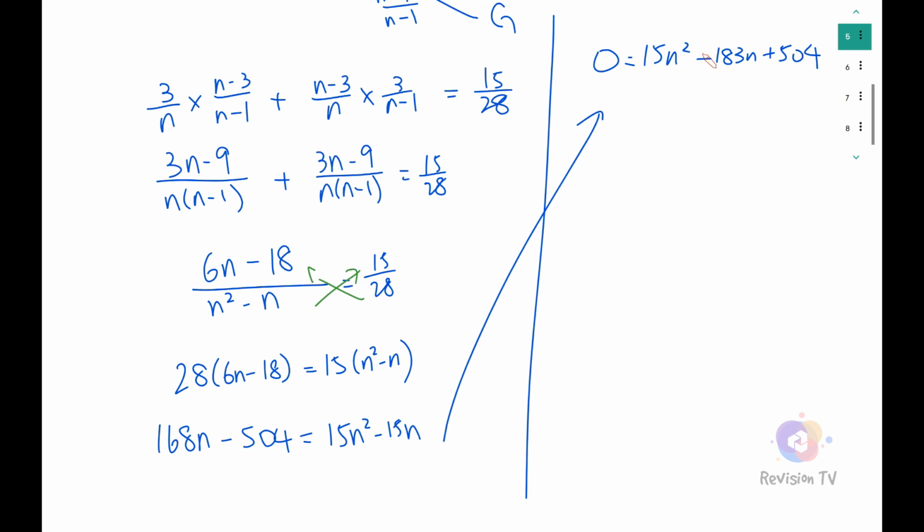Well, 15 doesn't have many factors: 3 and 5. 5 clearly doesn't go into 183 and 504, so we can try 3. Is this one divisible by 3? This one looks like it is. Actually it does. So if we divide everything by 3,